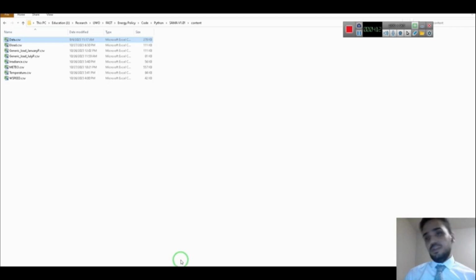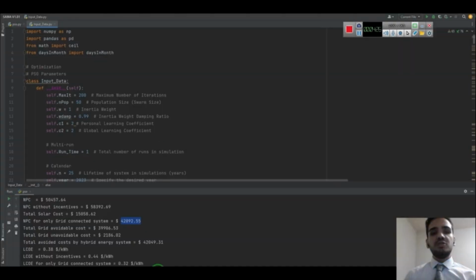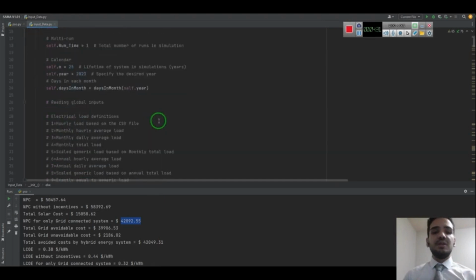Another important input, which we can easily access in the United States, is the hourly electrical load data. First of all, we defined the meteorological data here, and we also need to define the electrical load.